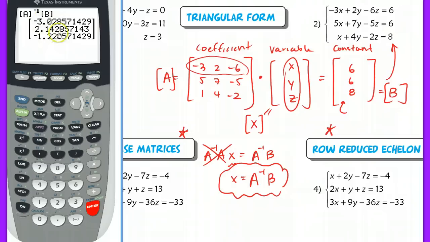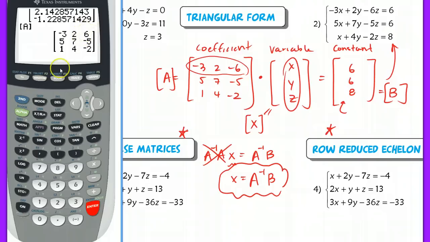Ooh, okay, now the fact that I didn't get the exact same answer that we got with the Gaussian elimination means that I probably made a mistake in typing in and entering my coefficients here. So this is why it's really important for you to, one, label all of your matrices, because it's really easy to type in something incorrectly and get the wrong answer. So to test to see what I did wrong, I'm going to hit second matrix, and hit A, and then I'm going to see the values that I typed in. I have -3, 2, and then see this mistake here, this -6. If I go back and change that to a -6, which is what it's supposed to be, I have in the coefficient matrix here, -6. If I go back to that and edit this